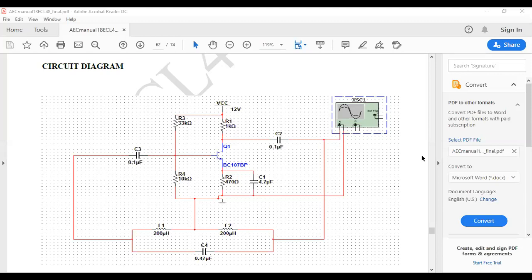So in the Hartley oscillator, the oscillation frequency is determined by the tank circuit. You can see the tank circuit, which consists of L and C. So the LC circuit which you are observing there, the two inductors and one capacitor, is called the tank circuit. The inductors are connected in series and the capacitor is connected across them in parallel. Okay, you can see that.